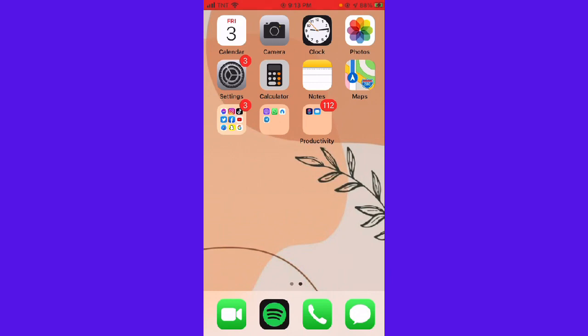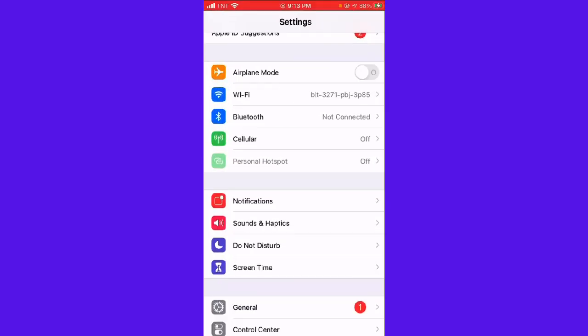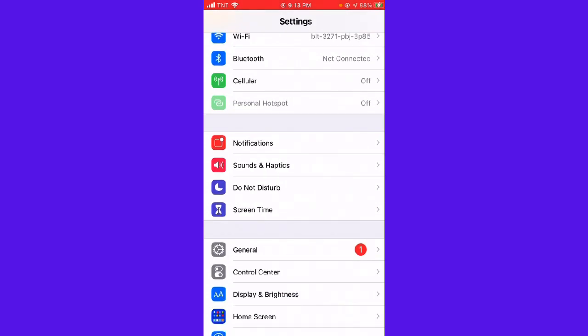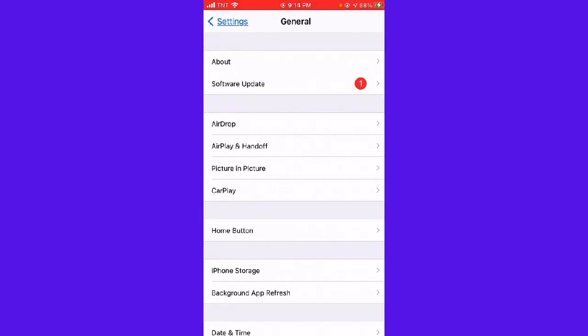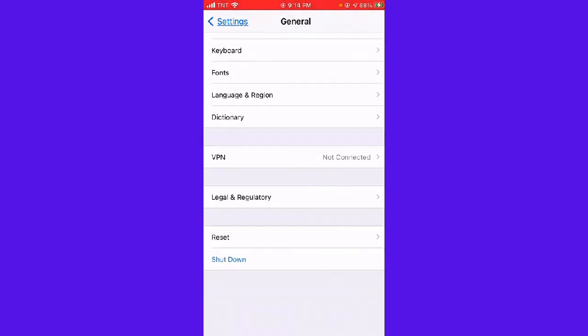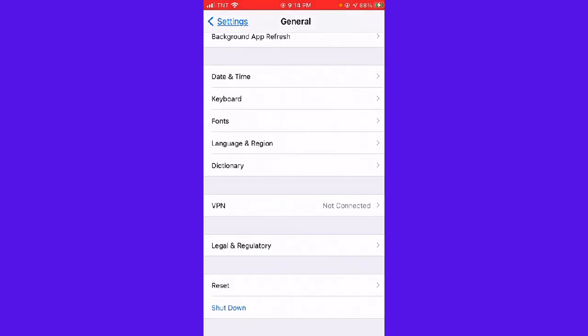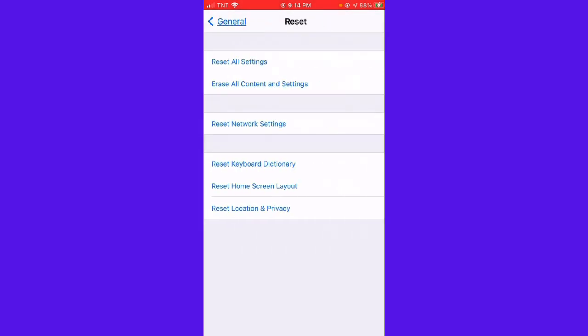So first, you want to open your settings and then scroll down until you see General. And then once you click General, you want to scroll down until you see Transfer or Reset iPhone. So you just want to click on that, and then after that you want to click